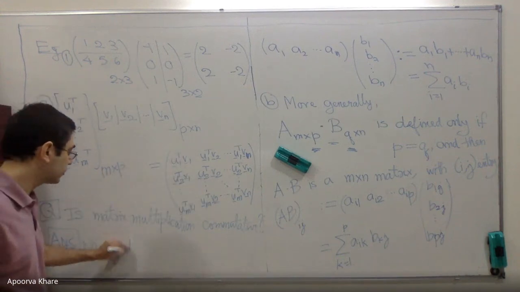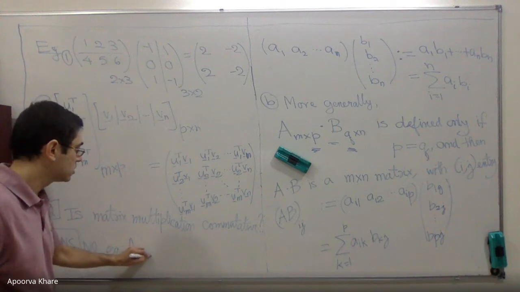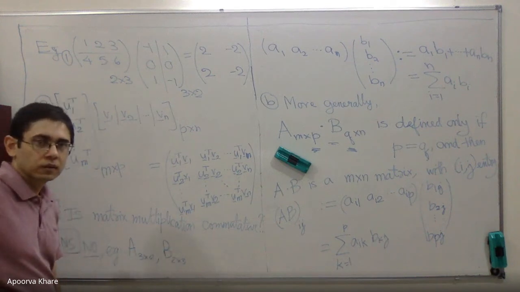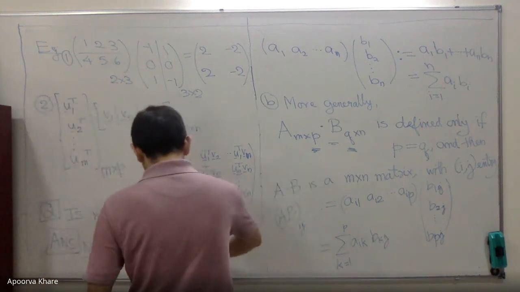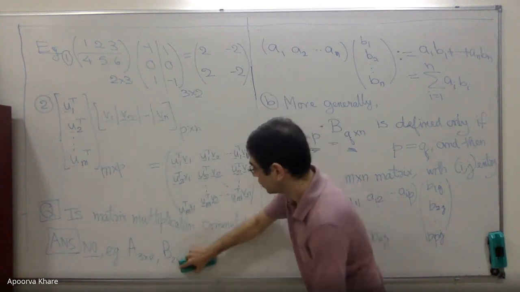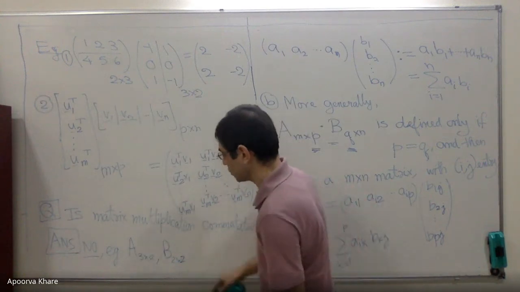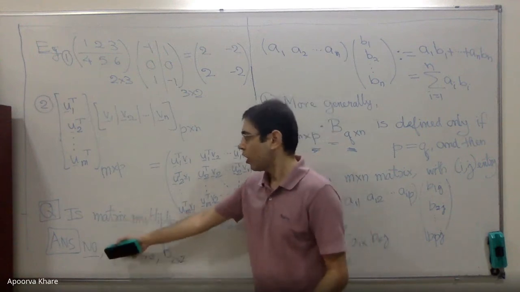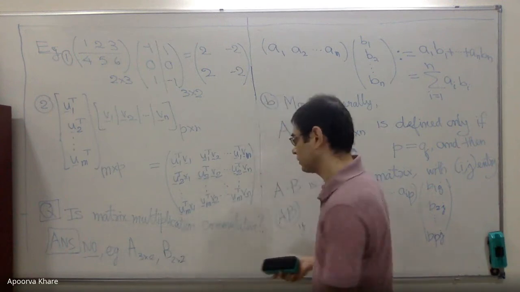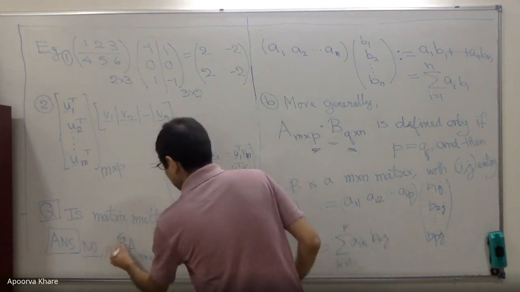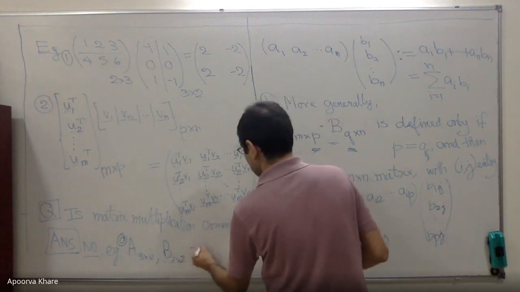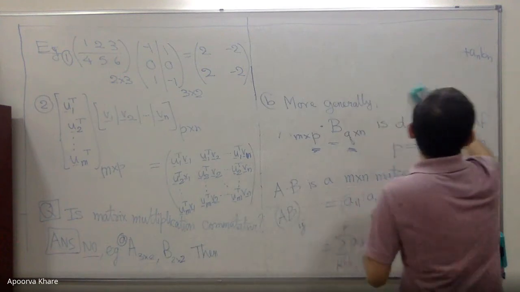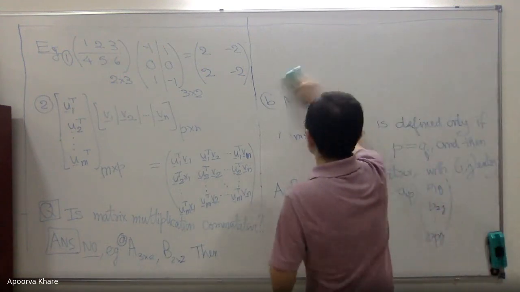Why is it no? For instance, if A is 3 by 2 and B is 2 by 3. Well, first of all, if B is 2 by 1, or maybe even 2 by 2, let's say A is 3 by 2, B is 2 by 2. Then A times B is defined, but B times A is not even defined. So already there in the definition itself, you might have problems. Let's call this example A. Then AB is defined, but BA is not defined. So BA cannot equal AB because it doesn't even make sense.